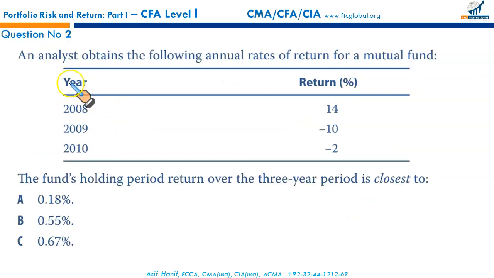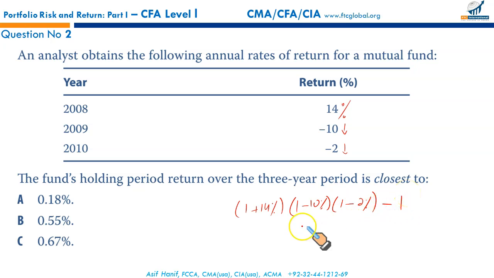Next, an analyst obtains the following annual rates of return for a mutual fund: 2008 14%, 2009 minus 10%, and 2010 minus 2%. The fund's holding period return over the 3 years period is closest to. See, the fund has increased by 14% in the first year, fell by 10%, and then again fell by 2%. So we can do it in a straightforward way. We can write it as 1 plus 14% times 1 minus 10% times 1 minus 2%